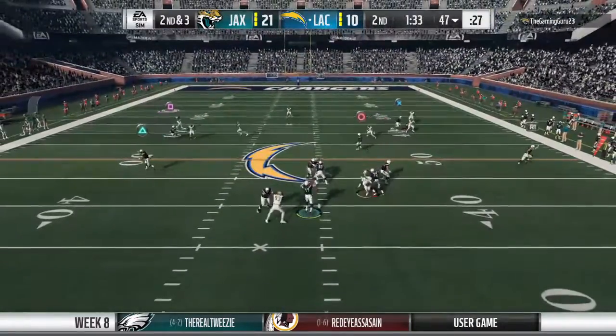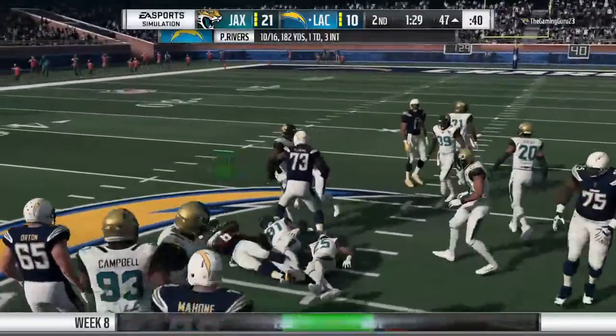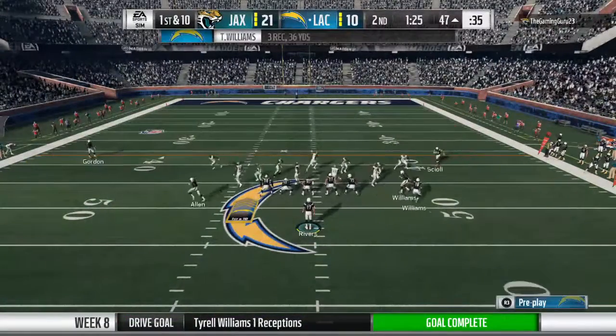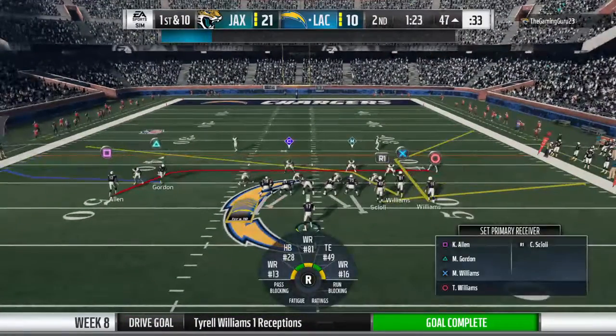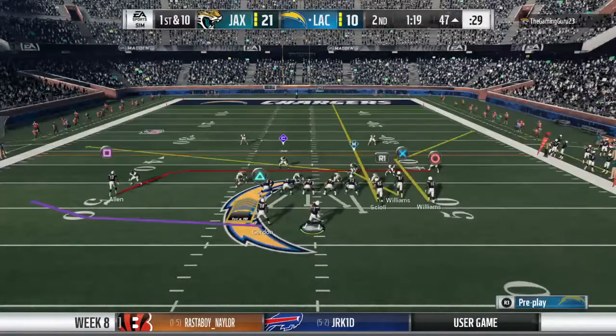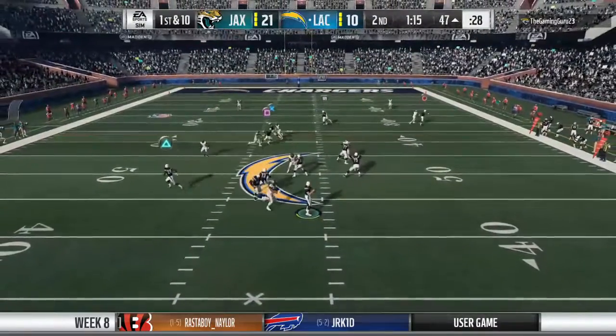Working out of the gun, Rivers. Got a man over the middle. It's Williams. And he'll get it down to the 47 here. They get 6 on the pickup there as the drive will continue. Well, clearly one of his advantages as a passer is his height. Sit back in the pocket, fired over the middle. That makes things tougher defensively, doesn't it? It really does, because your goal is to move the...